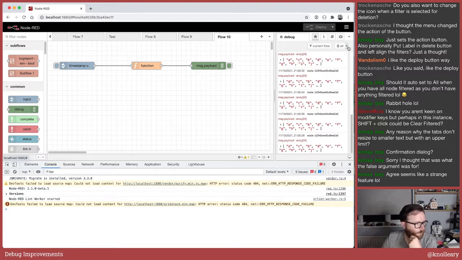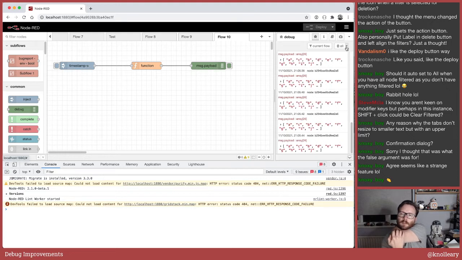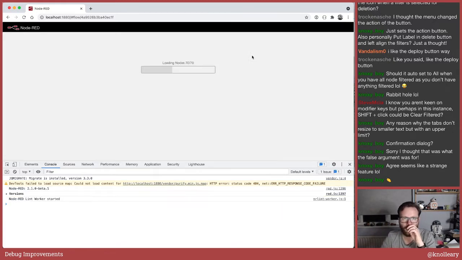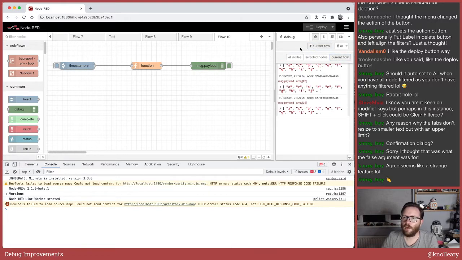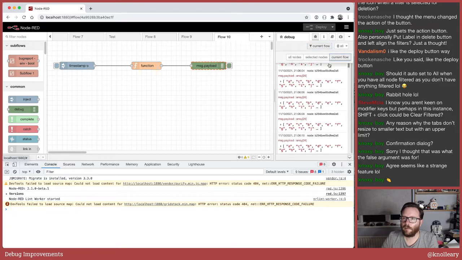Yeah, that's working. Question is now, how much of this should we remember? By which I mean, one of the other suggestions is, if you've got a busy flow, you might want to work with the filter set to current flow by default. And as it stands, it always resets back to all nodes. So there is a requirement around,